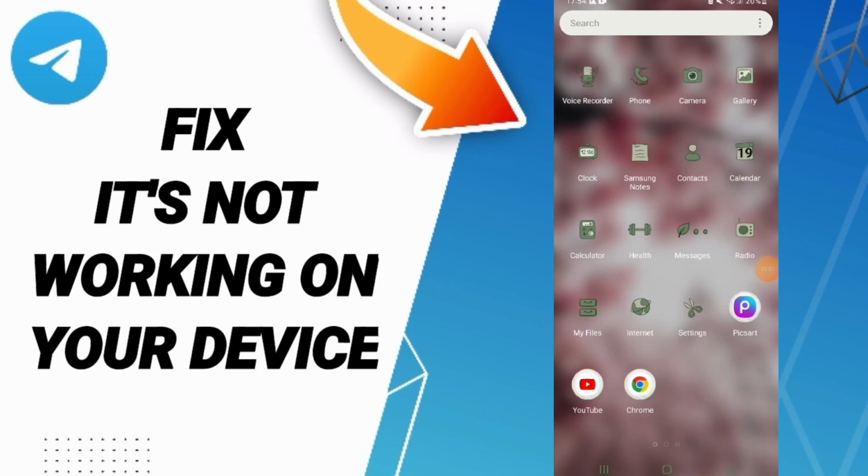Hello everyone, today we'll talk about how to fix or how to solve the problem of it's not working on your device. To know how to fix or how to solve it's not working on your device on the Telegram app,